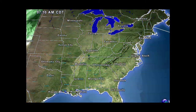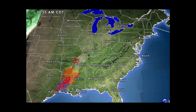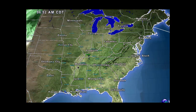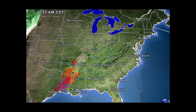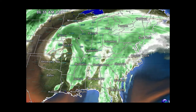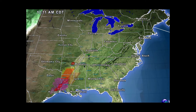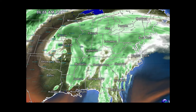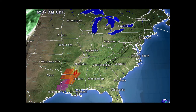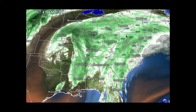Here's our water vapor loop. You can see this moisture being drawn northward. These are severe thunderstorm watches, tornado watches, severe thunderstorm warnings. This was earlier in the morning and overnight. Now that's weakened. We see this moisture plume coming out of the Gulf of Mexico and then spiraling around to our west. That's the upper level low that will move into our area later today, and that will create some